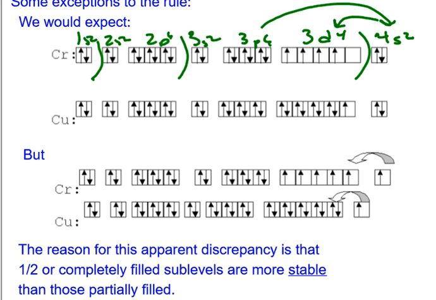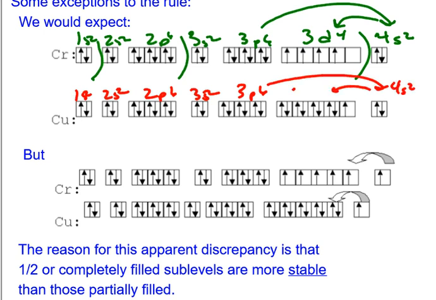Copper is another one where I would expect, I'll do this one in red, that I'd fill in 1s2, 2s2, 2p6, 3s2, 3p6. And then I go and fill in 4s2, and then I backfill to fill 3d9. This would be what I would expect by following the rules I've given you. But anytime we do this and we end on d4 or d9, something interesting happens. It turns out that the d sublevel specifically